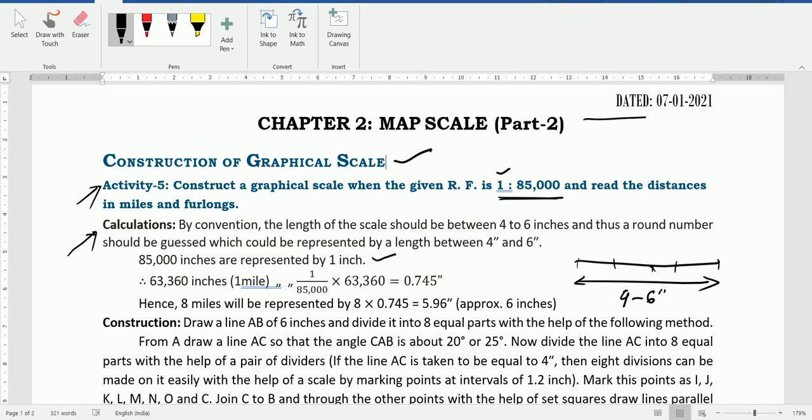That means, as I told you yesterday, so this is the map. This RF means that a unit of distance on the map represents what? 85,000 units of distance on the ground. In other words, a distance of 1 inch on the map represents 85,000 inches on the ground. Therefore,